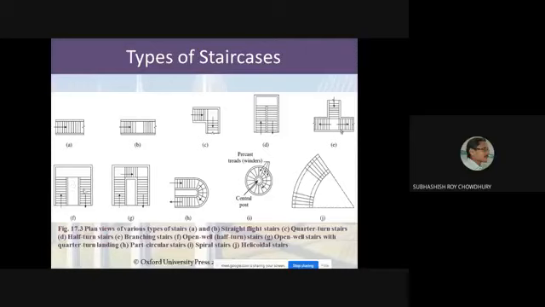This is the open well. There is an open part here. This is an open well, half turn, and this is an open well, another 3-flight stair. Okay, so these are the spiral stairs or helicoidal stairs. So different types of staircase you may construct. From the architectural point of view, you may have to select different types of stairs, but you should know how to design the stair, the structural component of the stair.